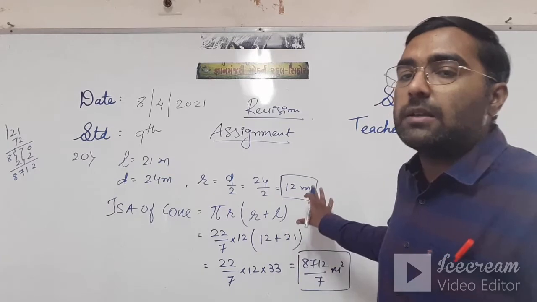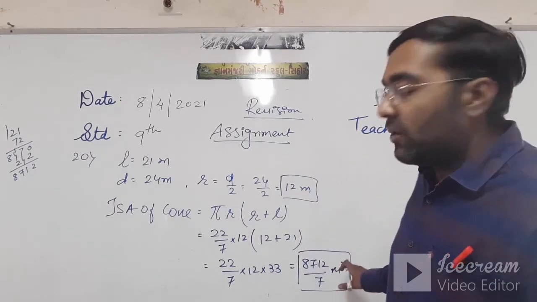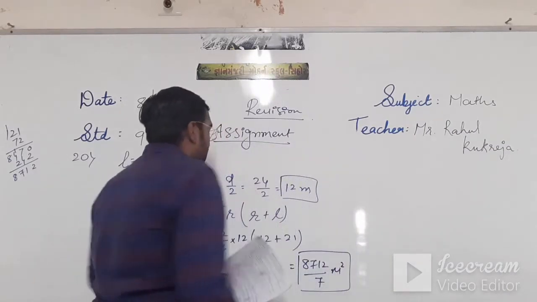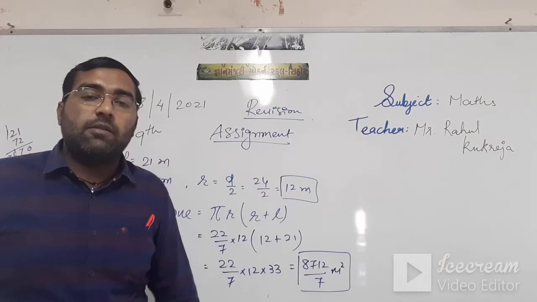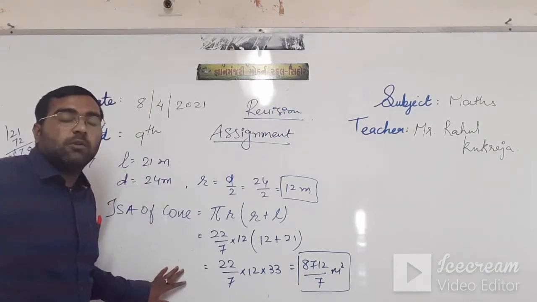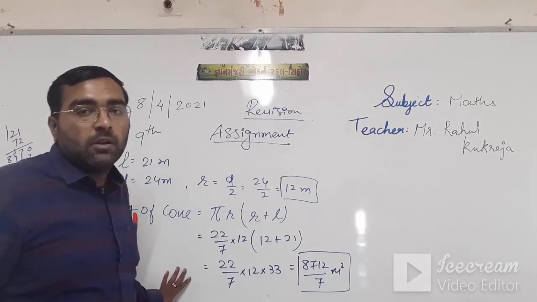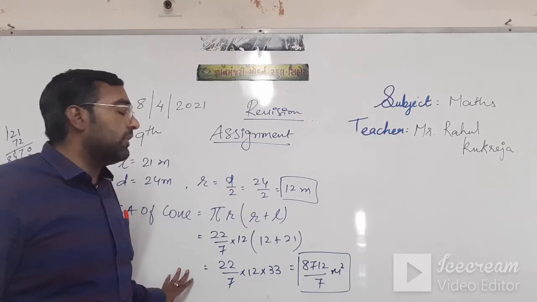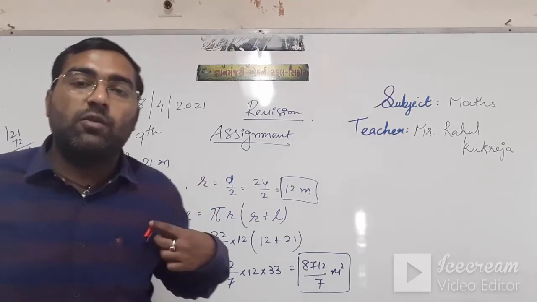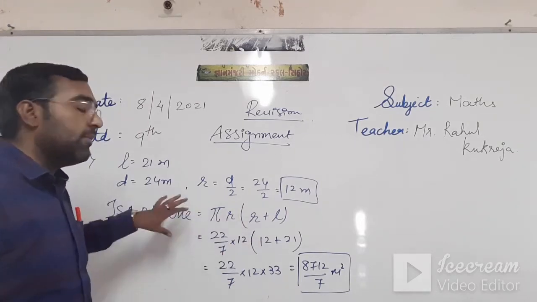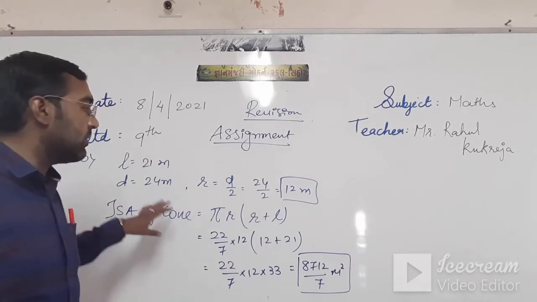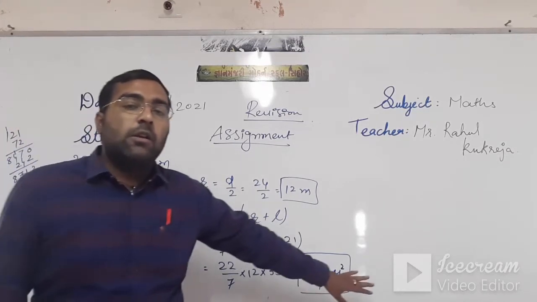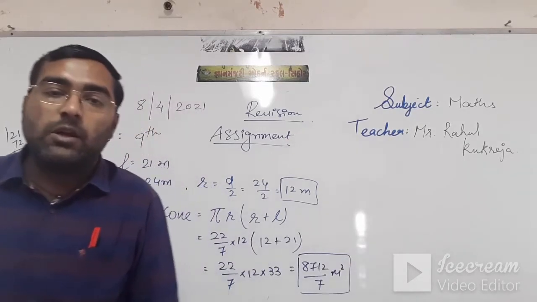If this question is asked as a 2 mark question, then you must divide both numbers and give the answer as a decimal value. It's a 1 mark question, so I am not dividing 8712 by 7, because in 1 mark one step and one method is enough to show. There are no extra marks for this question. If there is a limited number of marks, you have to show limited steps. If it is asked as a 2 mark question, then you have to write at least all these steps and also write the value in decimal.